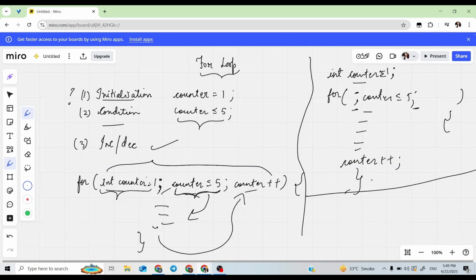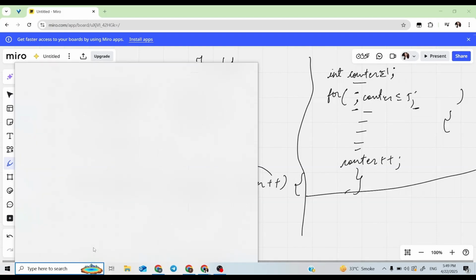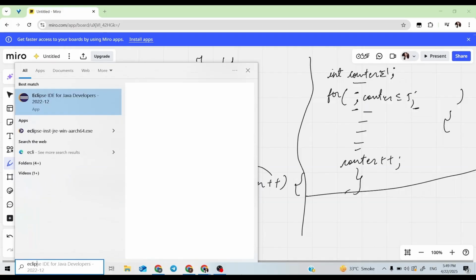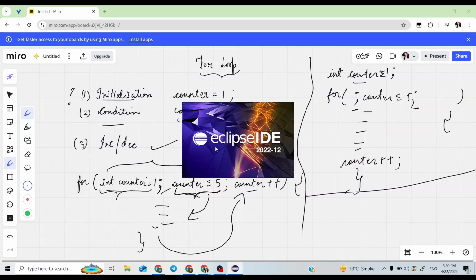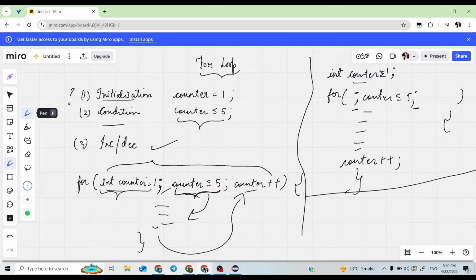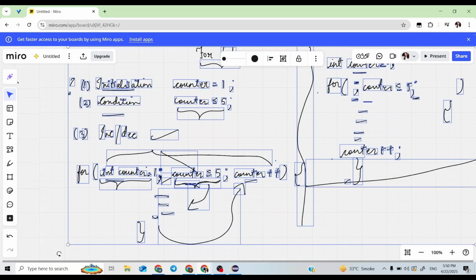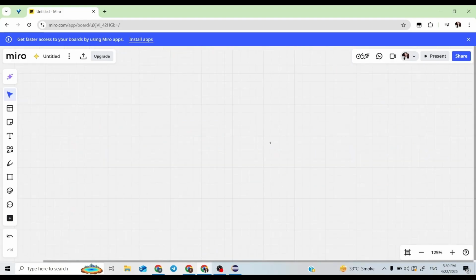Now let us see using it in a program. How can we use the for loop in writing a simple program? So let me write the working of the for loop. Let me delete everything.